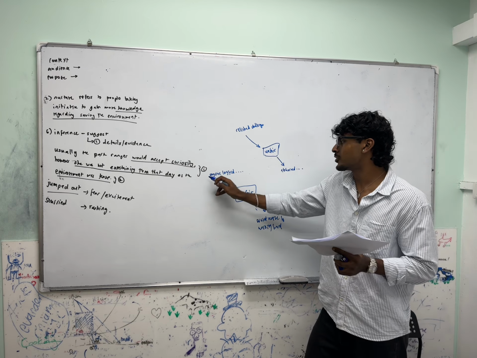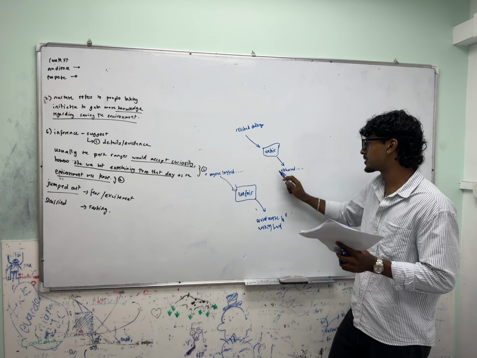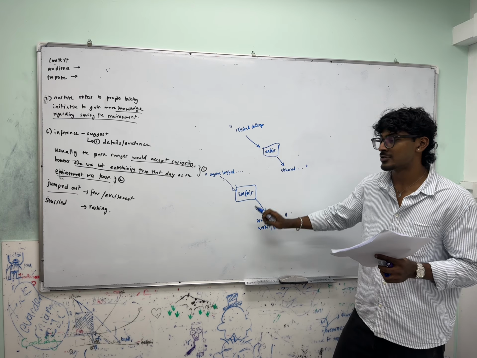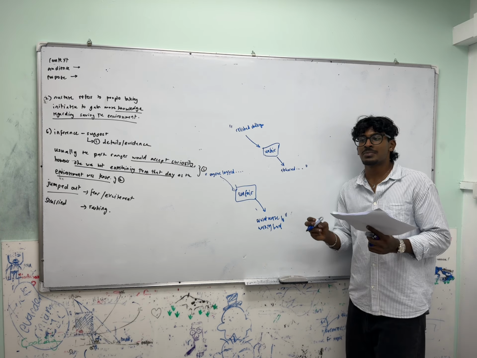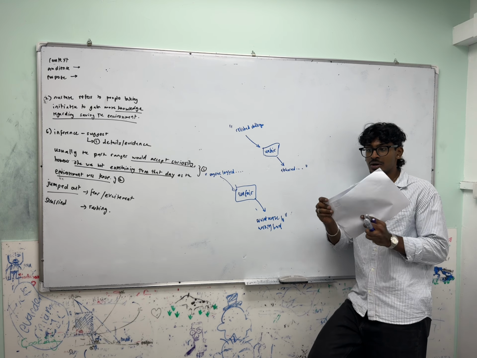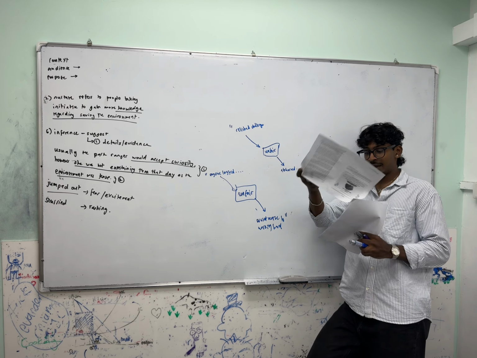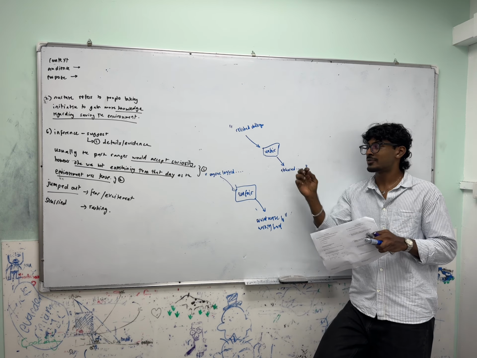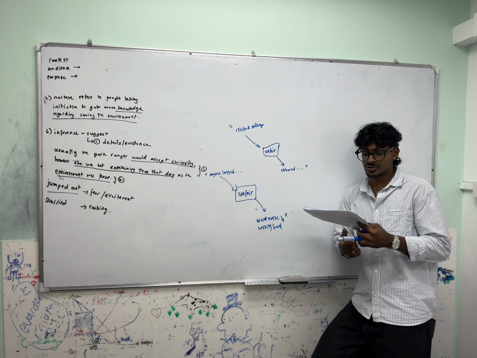Okay, so this is how you quote your evidence first. These are your two pieces of evidence. But let's say you only have the correct evidence, two correct pieces of evidence. How many marks are you going to get? None, huh? Why? The question asks you to explain. Explain your answer. As long as you only quote, you will not get any marks even if you have two correct quotes. So you must go and explain.